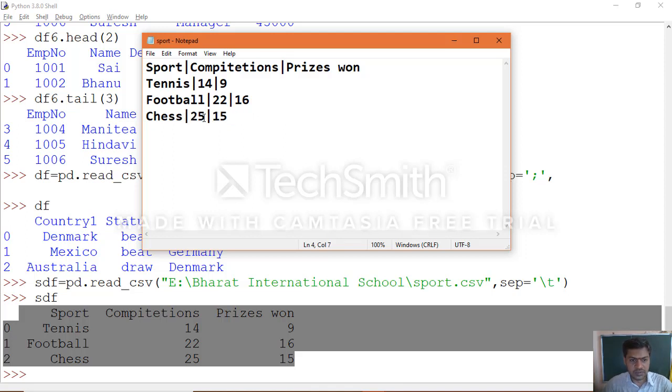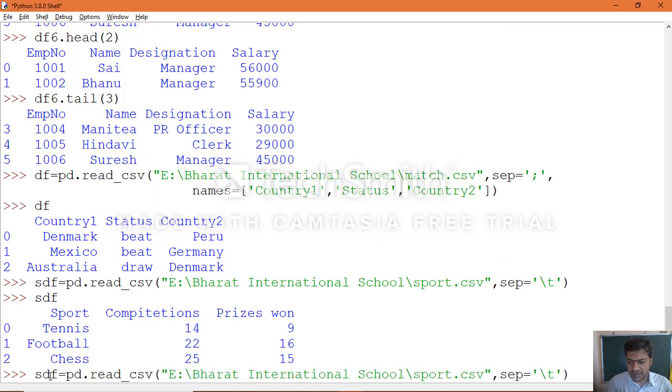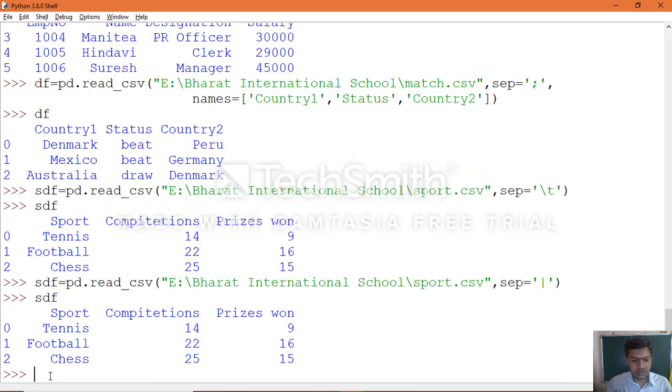Save your CSV file because we made changes. Then you need to update your object creation here, instead of /t, we use the symbol called pipe symbol. Now execute it, print the object. Yes, you are able to read the data.